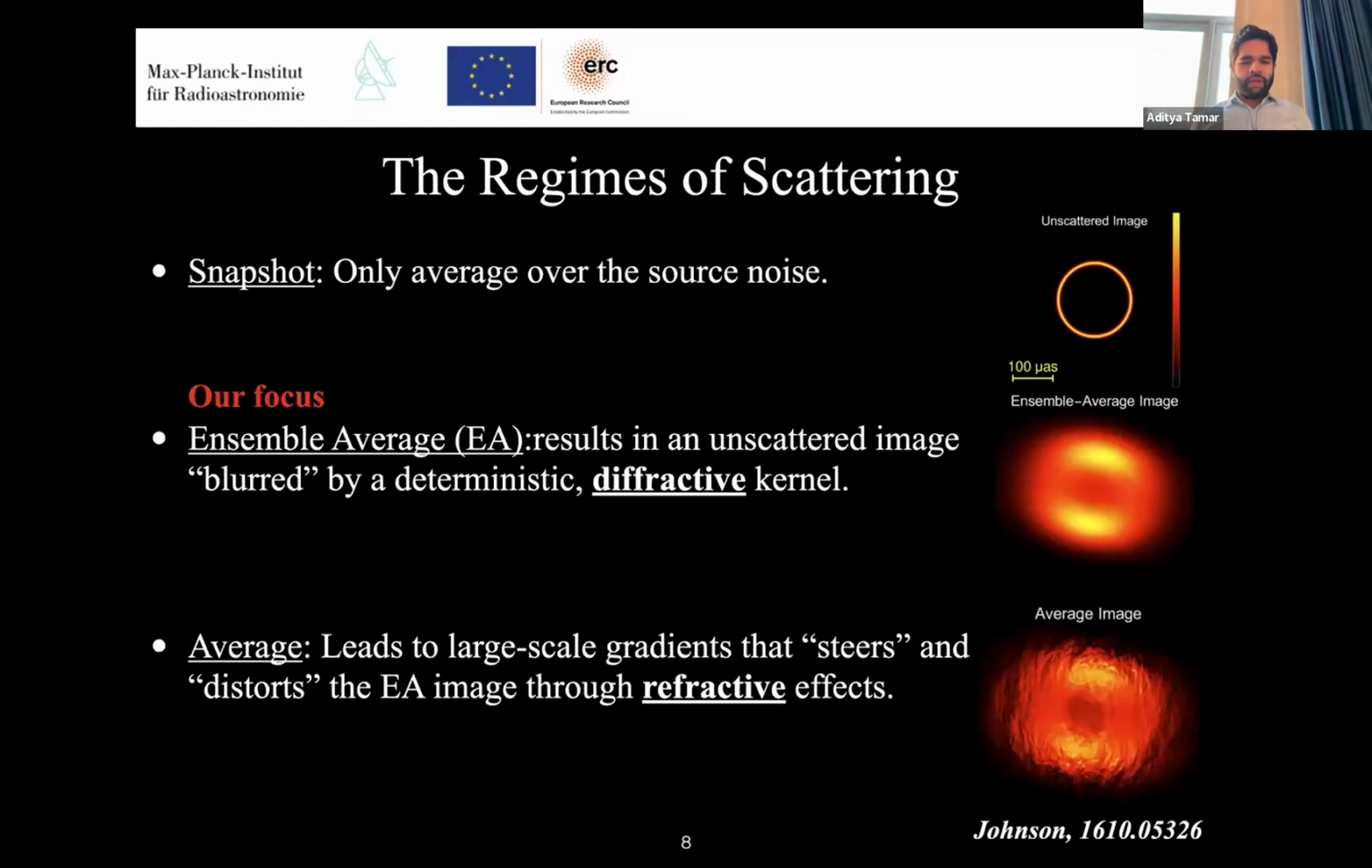And so the regimes of scattering that we work with, firstly, is the snapshot regime, where we only average over the source noise. Our focus here was the so-called ensemble average regime, where you have an unscattered image, which is blurred by this deterministic diffractive kernel. And we also have the average regime, where you have these large-scale gradients in the image that lead to these tears and distortions, but we're only